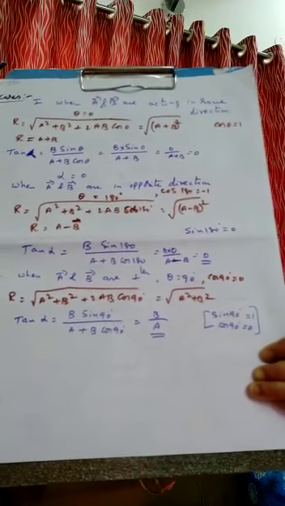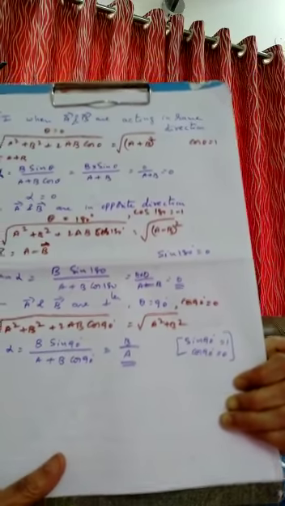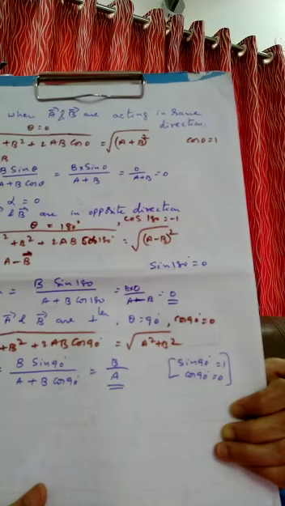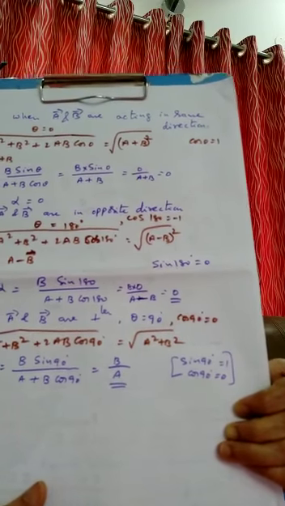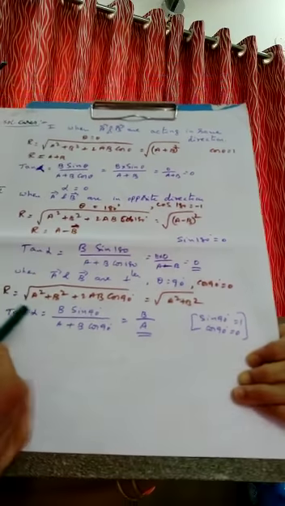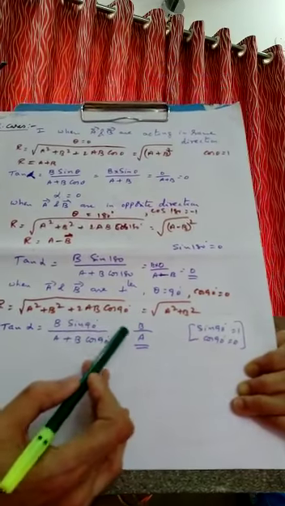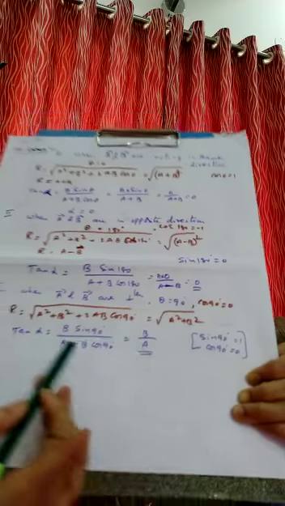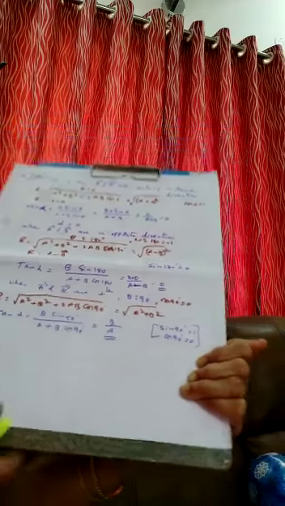At the end, I would like to ask you one question. If the values A and B are equal and they are perpendicular, can you tell me what is the direction? Yes, sure. Tan alpha is equal to B by A, and B and A are equal. So what is the answer? 1. Tan alpha is 1. What is the value of alpha? 45 degrees. Okay, like that the questions may come in the examination.